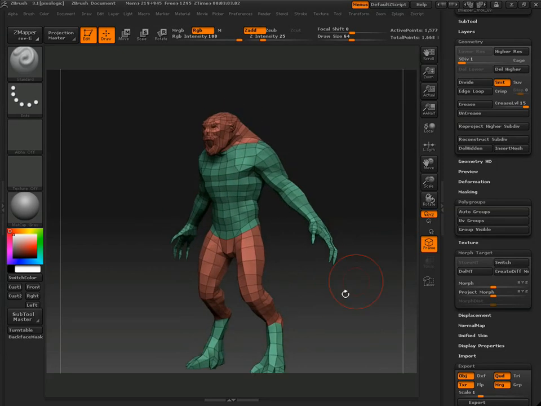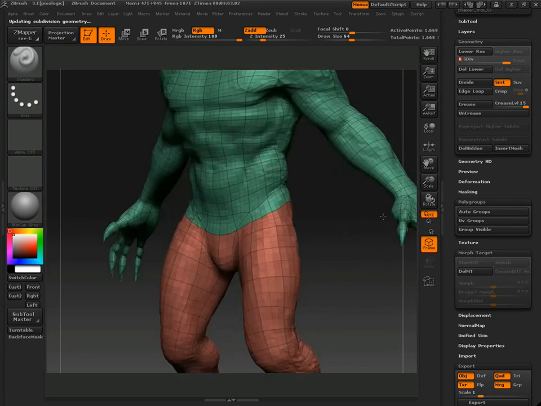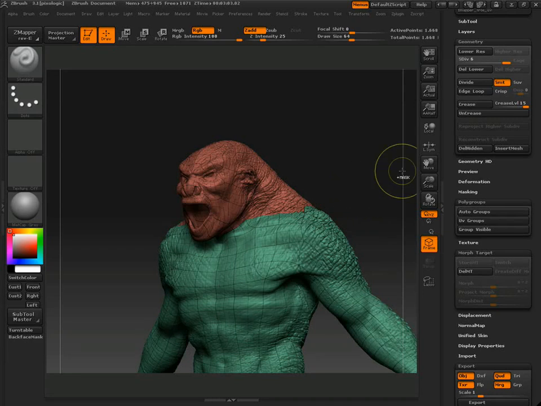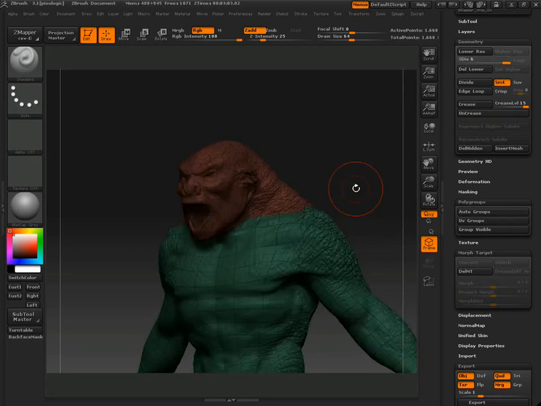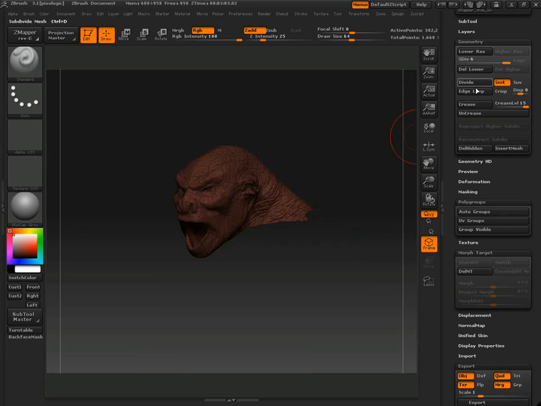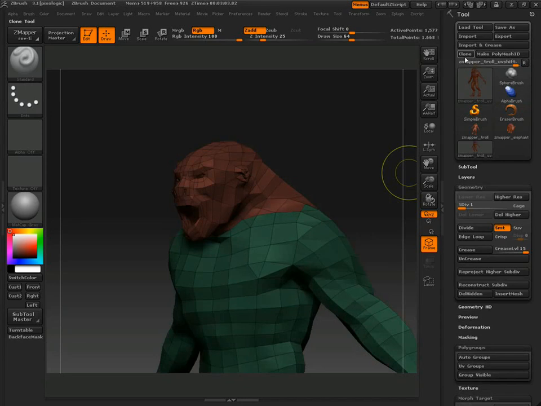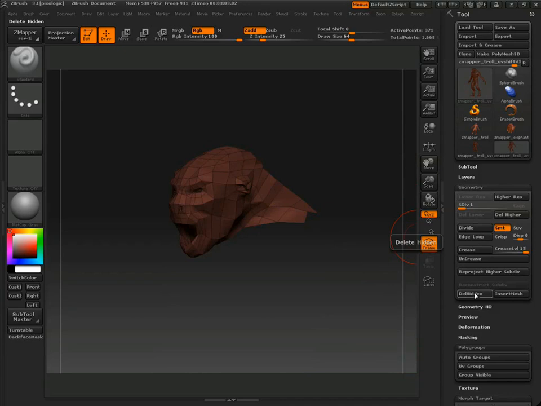And then this is going to be useful for me to break the model up along these UV regions. So to break any model up, you need to go to the highest subdivision level, mask it, isolate it, and then at the lowest subdivision level, just say delete hidden. Before I do that though, I'm going to just clone this, and then now delete hidden. Let ZBrush do its thing. When it clears the mask,